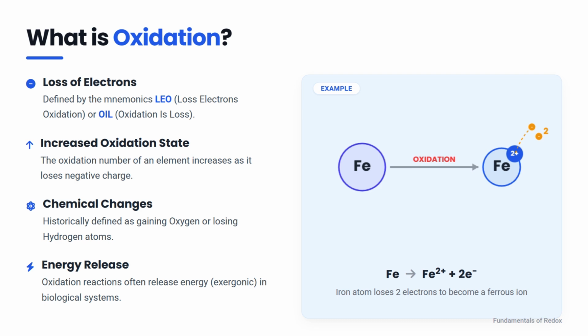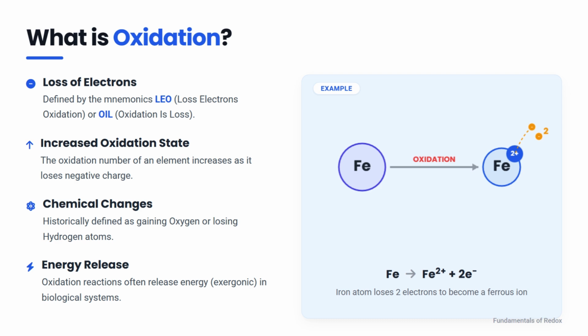Let's start by understanding what oxidation is. Oxidation is defined as the loss of electrons. A handy way to remember this is with the mnemonic LEO, which stands for loss electrons oxidation, or OIL, meaning oxidation is loss. Oxidation also involves an increased oxidation state, meaning the oxidation number of an element goes up as